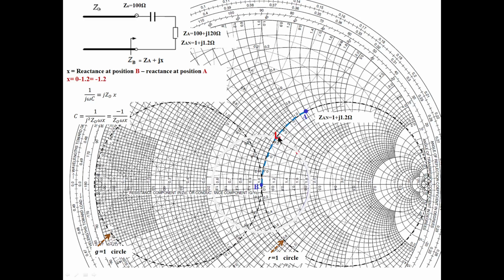So from A you move like this. Once I reach here, I stop. What I did from the load point, see, this is the load point here: I moved in the anti-clockwise direction on the resistance circle, to the center of the Smith chart. What element is added? You can easily come to know now. I am moving on the resistance circle in the anti-clockwise direction. Which element is added? A capacitor in series. That we already saw: moving on the resistance circle in the anti-clockwise direction adds a capacitor in series.